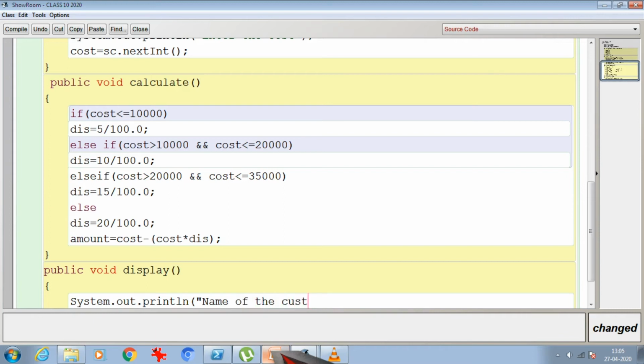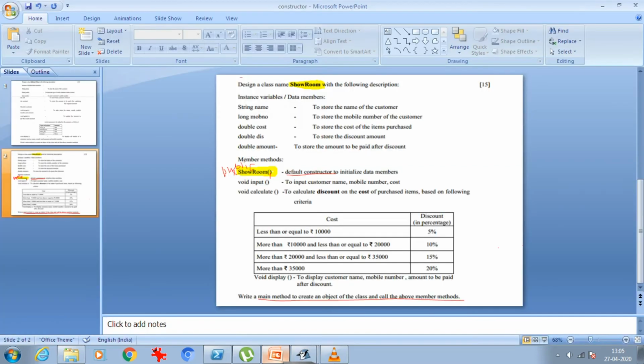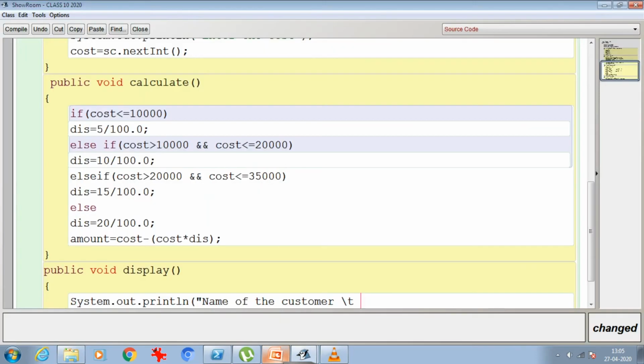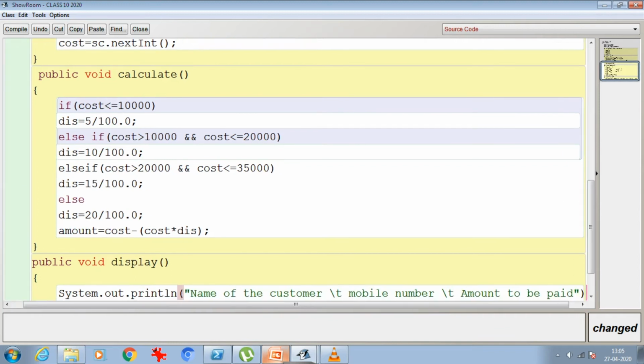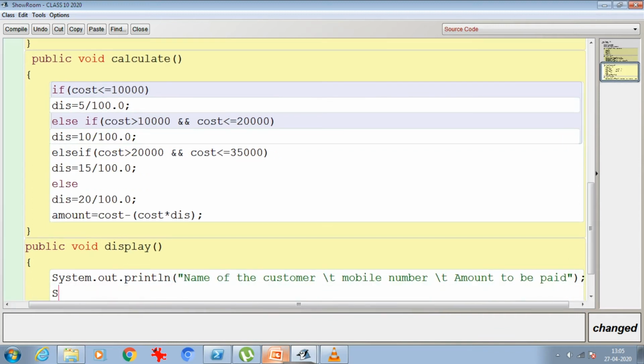I have the name of the customer, so you can write name of the customer with a \t. Then we have to show mobile number with \t, and amount to be paid, and close it off.